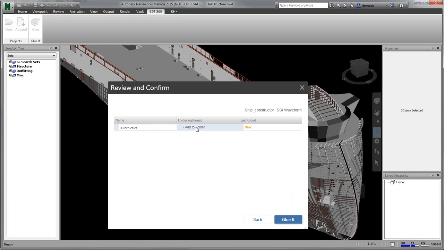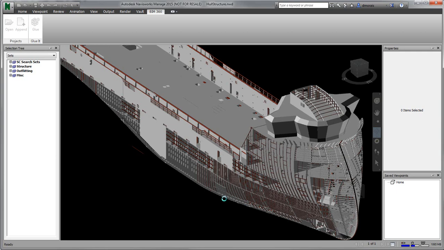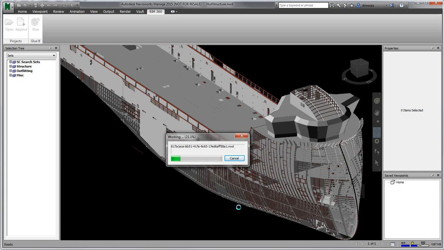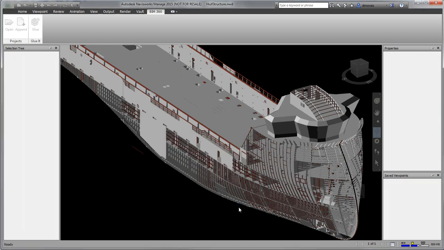And then it asks me if I want to add it to a folder and what I want to call that project. So it's really just called right now the same as my file for Navisworks, and I'll just keep that the same, and I select glue it. So what happens now is it's processing the file, and it will upload the file once it's actually complete. So that's in essence all I would have to do to add the project from Navisworks into my BIM 360